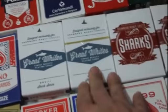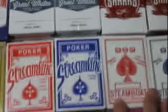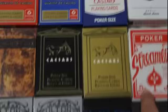And then we got a DMC Great Whites. One open, one seal. And the Sarks. One open, one seal. It's Noble House Piatnik deck. Bicycle Samurai. Steamboats, red and blue. Streamlines, red and blue. Caesar's Palace, black and gold. And then we're on to